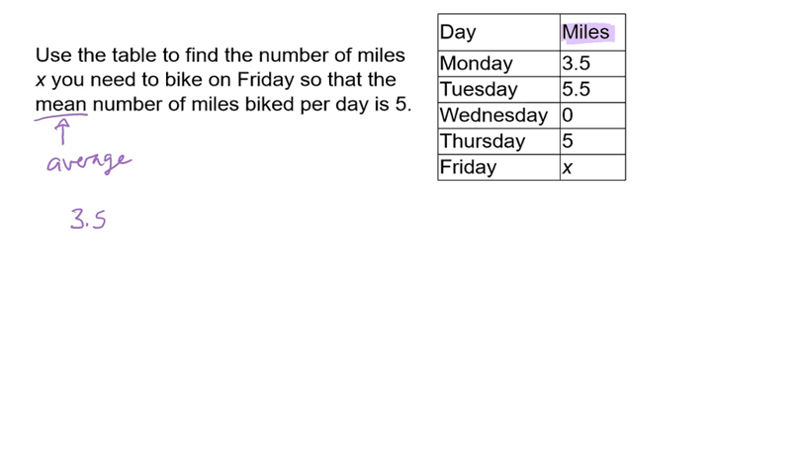So we're going to have 3.5 plus 5.5 plus 0 plus 5 plus x, all divided by, and we added 1, 2, 3, 4, 5. And remember that we want this to equal the number 5, right? We want that mean to be a 5. So we have our plan set up,